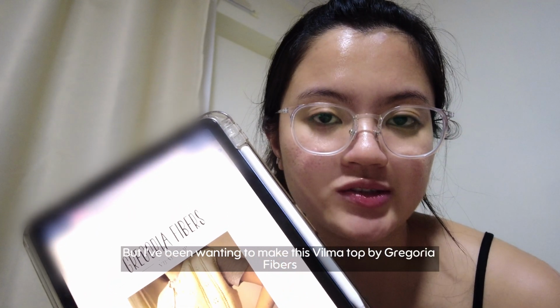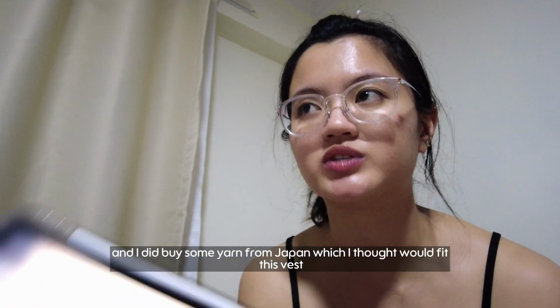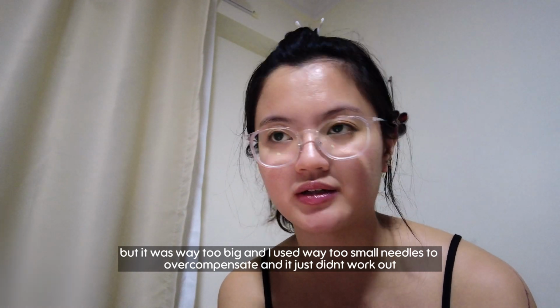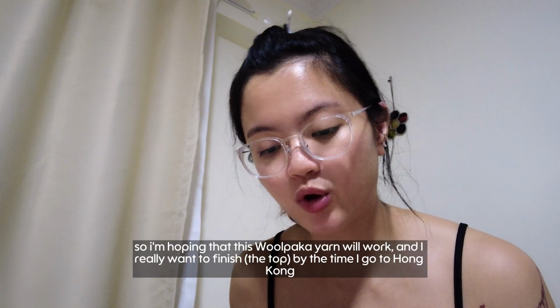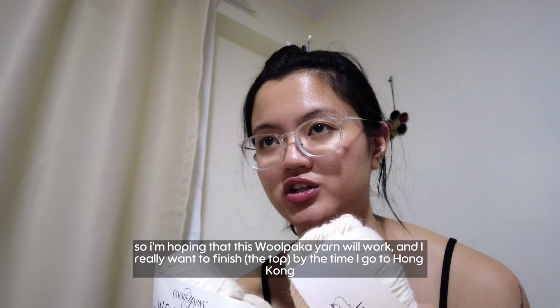But I've been wanting to make this Vilma top from Gregoria Fibers, and I did buy some yarn from Japan which I thought would fit this vest, but it was way too big. I used way too small needles to overcompensate and it just didn't work out. So I'm hoping that this Woolpaka yarn will work, and I really want to finish it by the time I